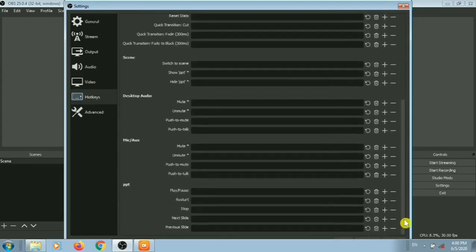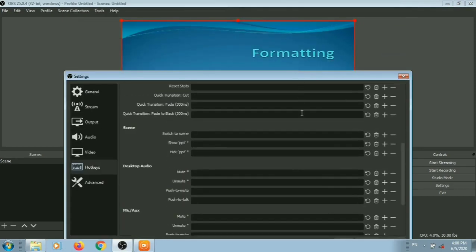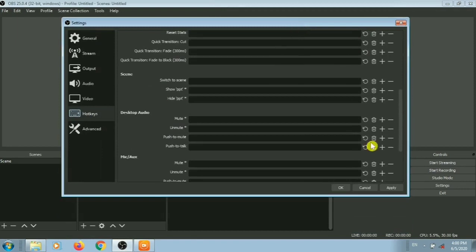Move down. See, this is the name of our source. We can use the keyboard's down arrow for the next slide and up arrow for the previous slide. Adjust the window, apply the settings, click OK.